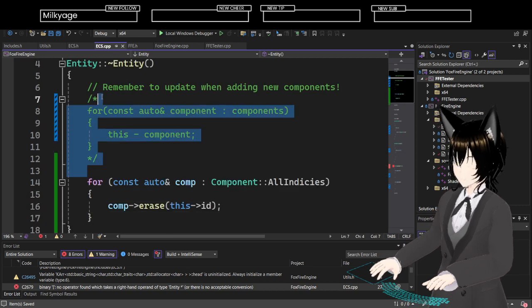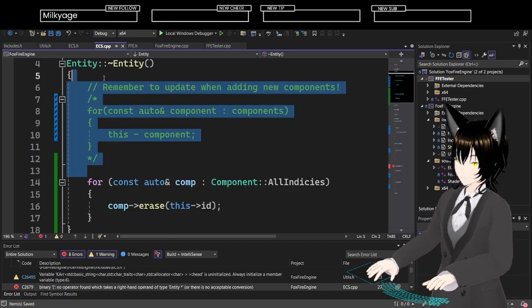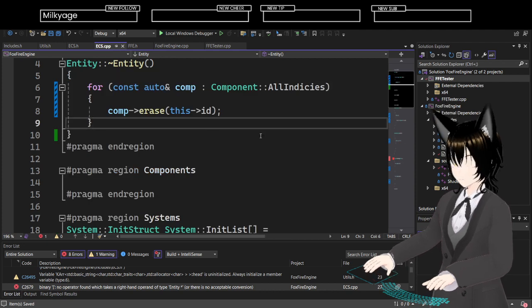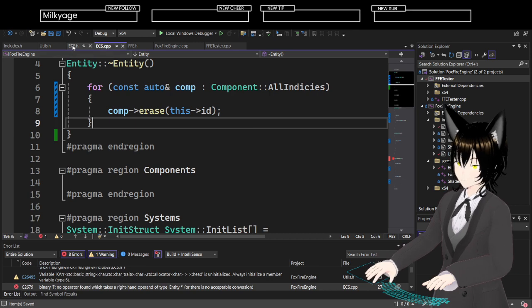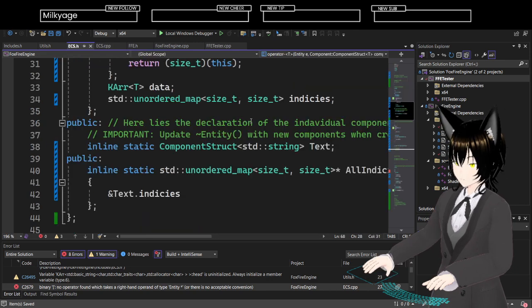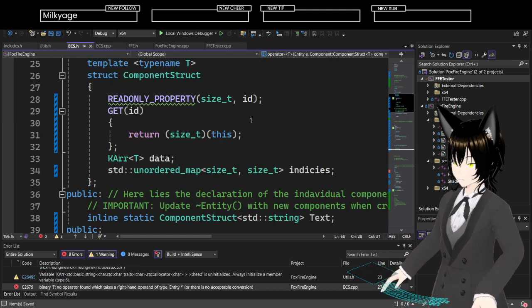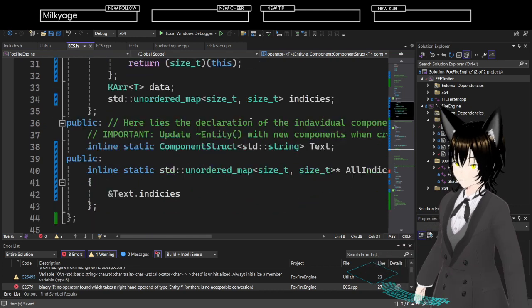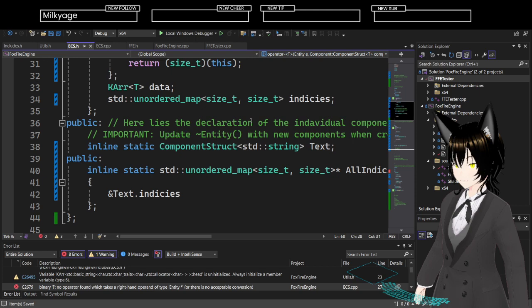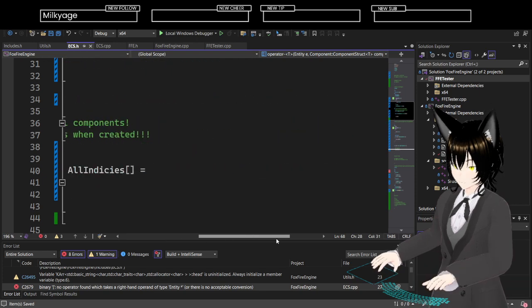Yeah, it should be good. I think that should work. The all indices thing is a little bit strange, because I do have a pointer to some unordered maps and things like that, but it's a little bit strange.